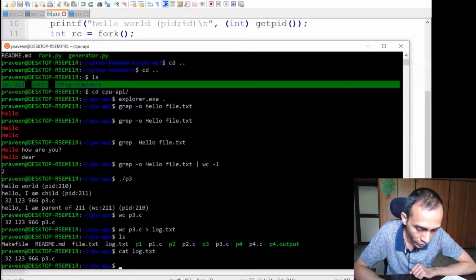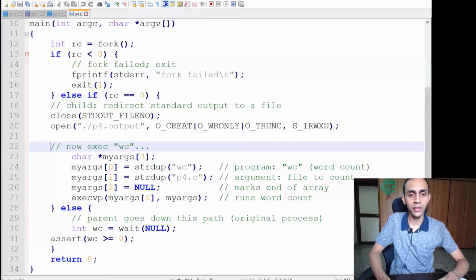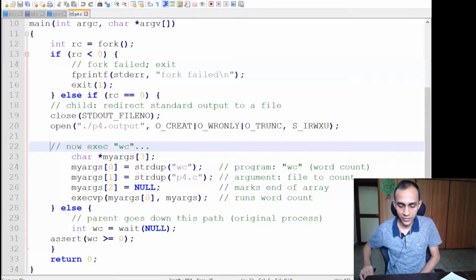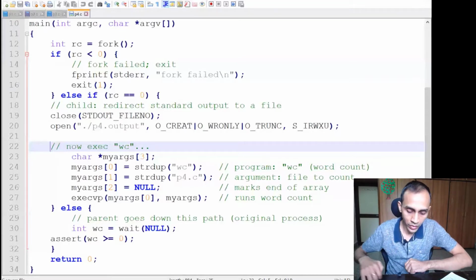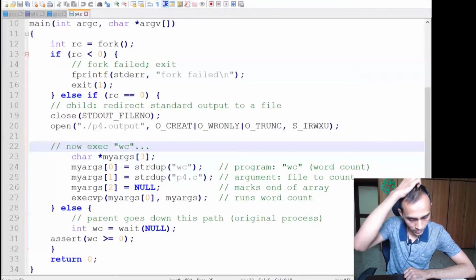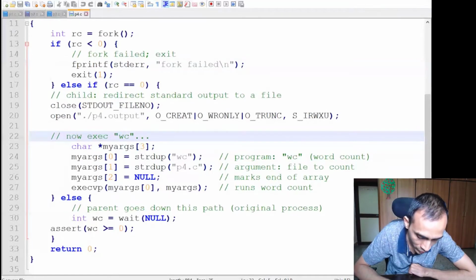So this fourth program is doing exactly that. It's slightly difficult to understand, but as we have seen the output, we are going to redirect the output of the wc command that we are trying to run into a new log file.